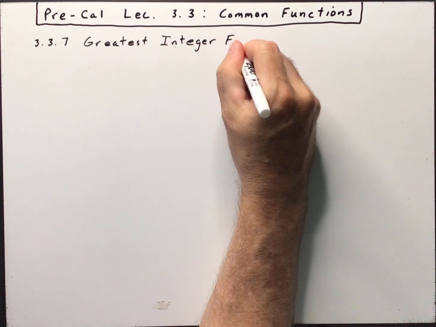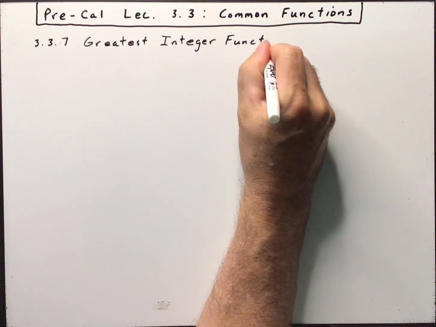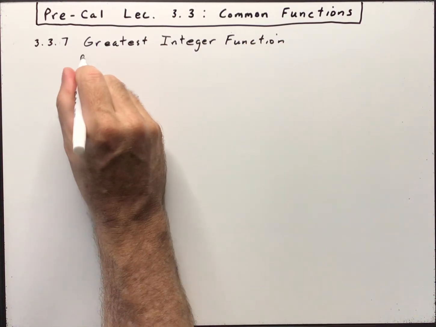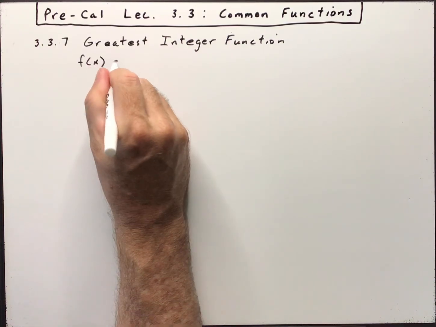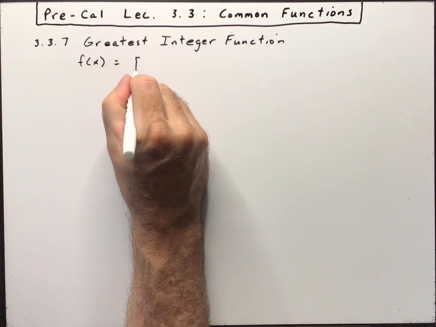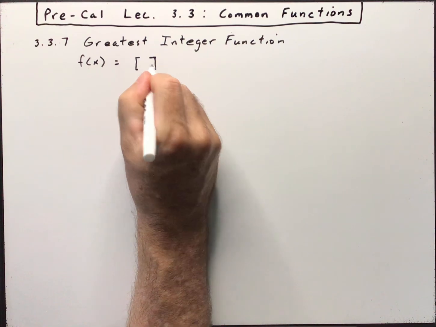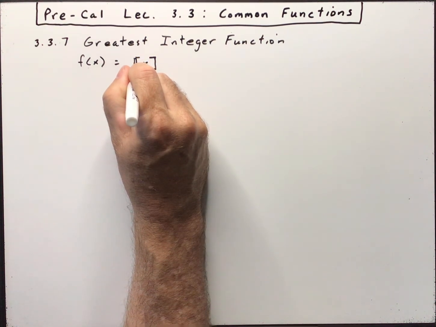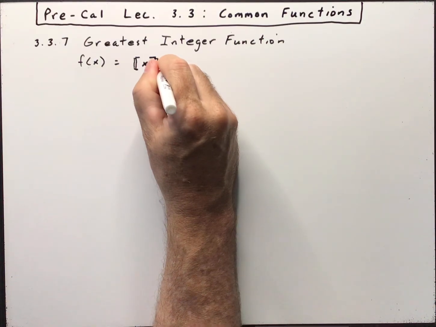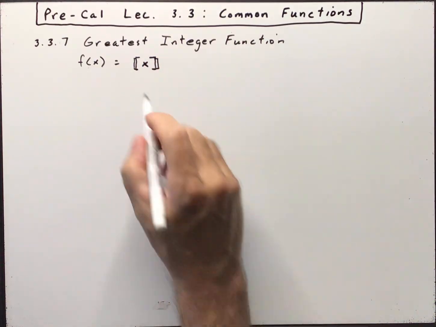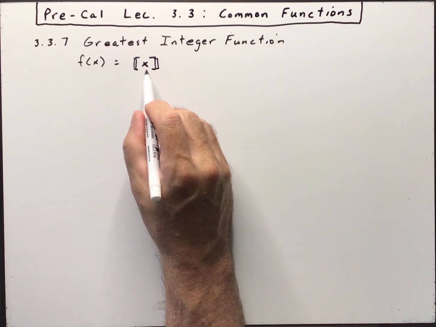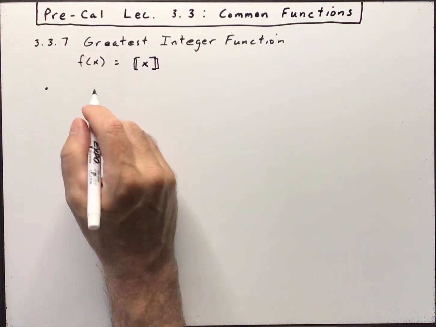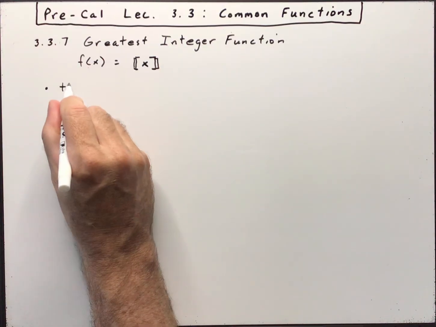Now, I don't know if you've talked about this one in your algebra classes or not, but that is f of x, and you get this interesting looking symbol, kind of like a bracket, but it's got some extra lines on that bracket. But the greatest integer of x, so the greatest integer is the biggest integer,